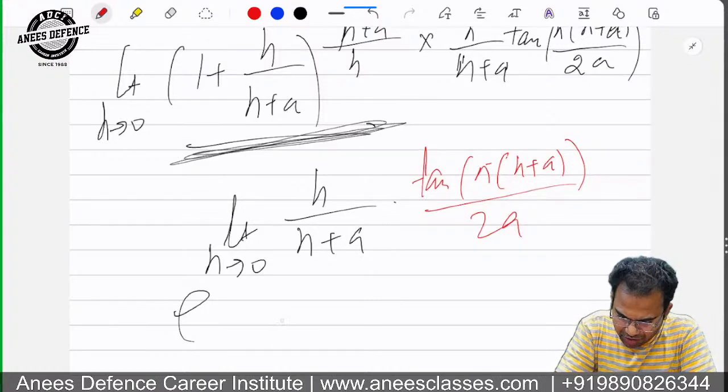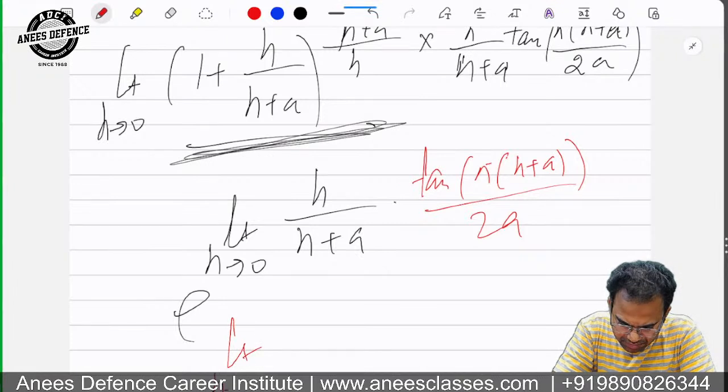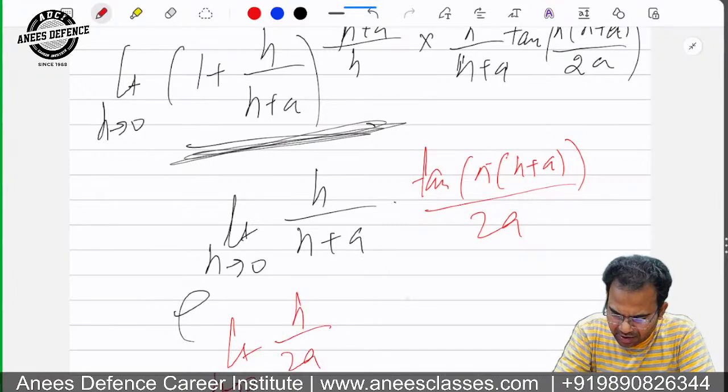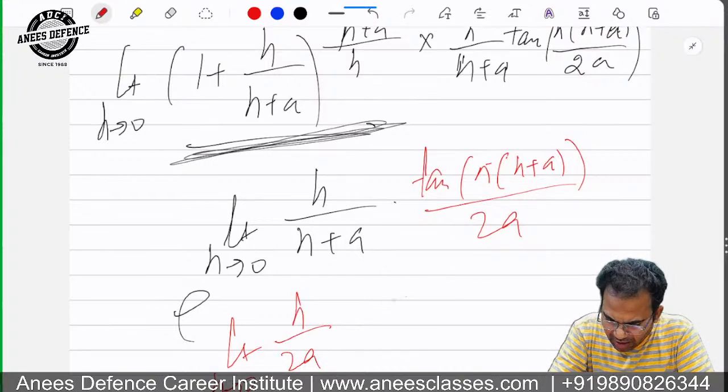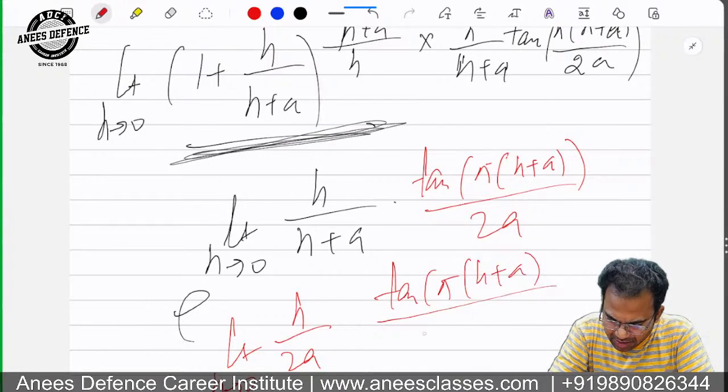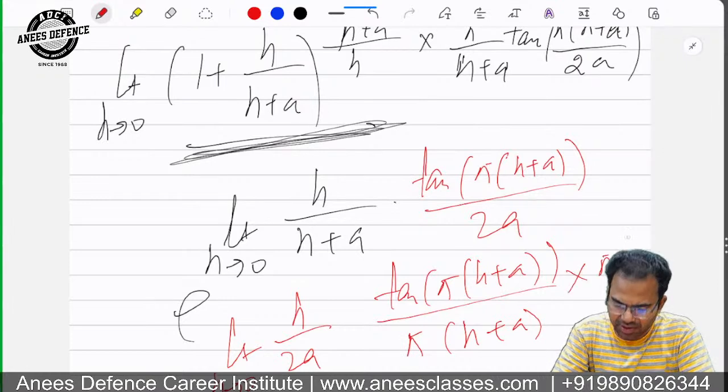Limit h tends to 0, you have h upon 2a and pi h plus a whole to the power divided by, here you can write pi multiplied in numerator and